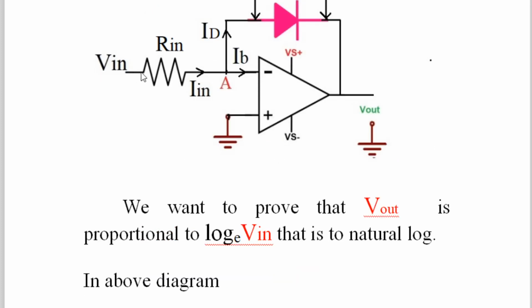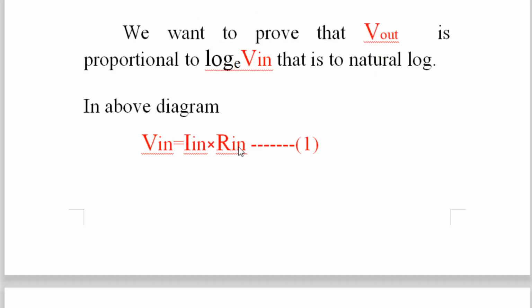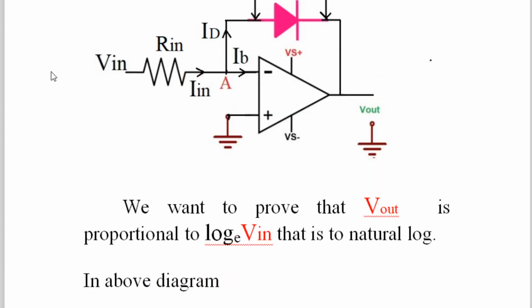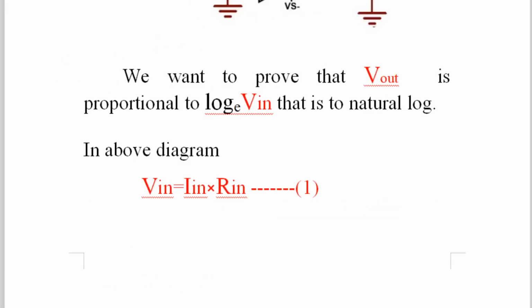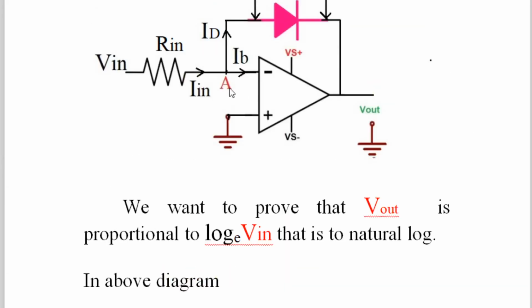Okay, so let us start from the left hand side. From the left hand side, first of all, you will observe that we can write Vin equal to Iin into Rin by using Ohm's law. V is equal to I into R. So Vin is equal to Iin into Rin. First of all, that we will write. Then slowly we'll come to the right hand side. After writing Iin, Vin and Rin, all three come in one equation only: Vin is equal to Iin into Rin.